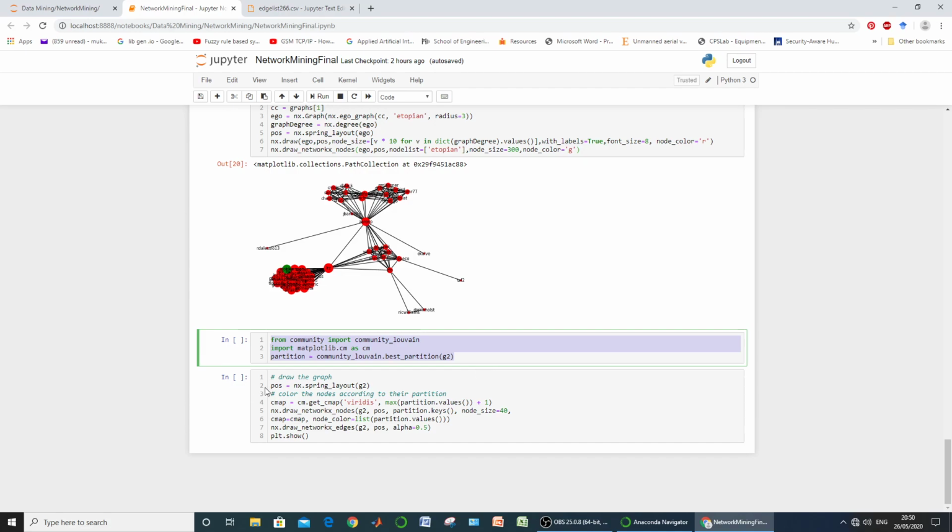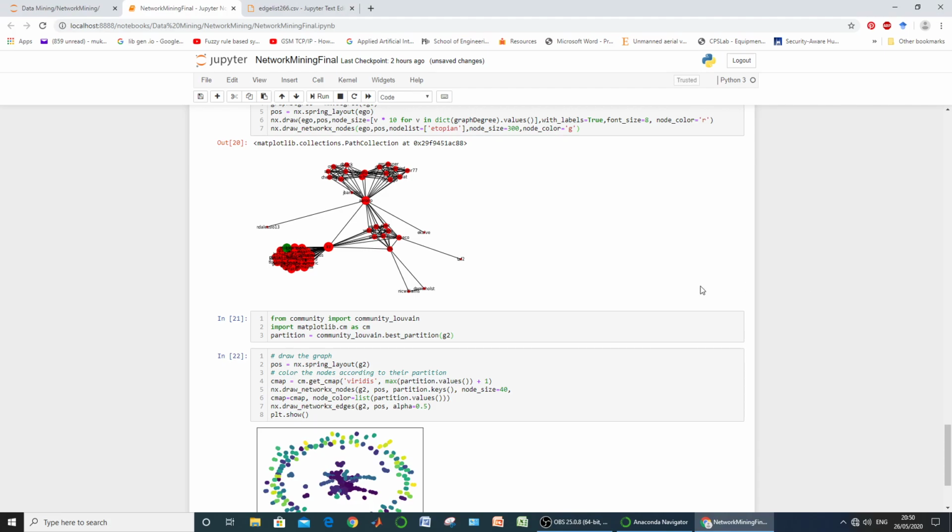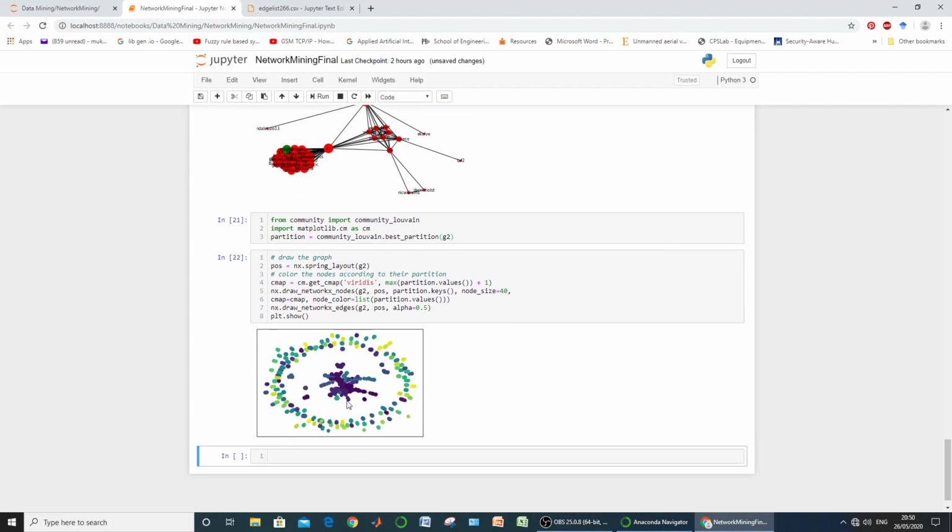So these two blocks are used to find communities based upon the Louvain community measure. If we execute these two, it says that the communities present within the network can be of this nature. In this graph, all the same colored nodes represent the same partition.